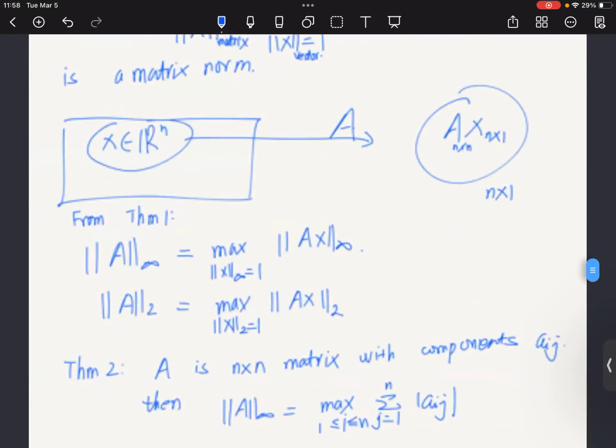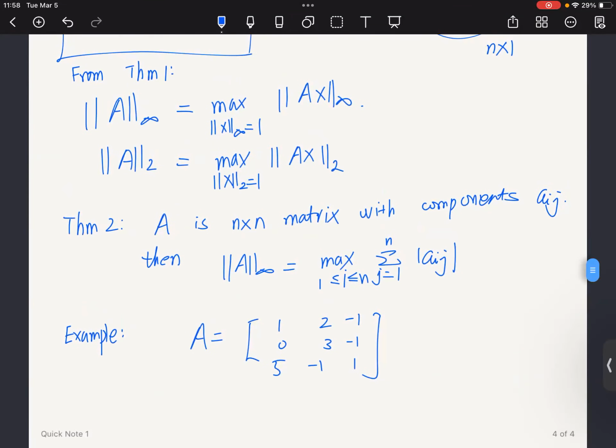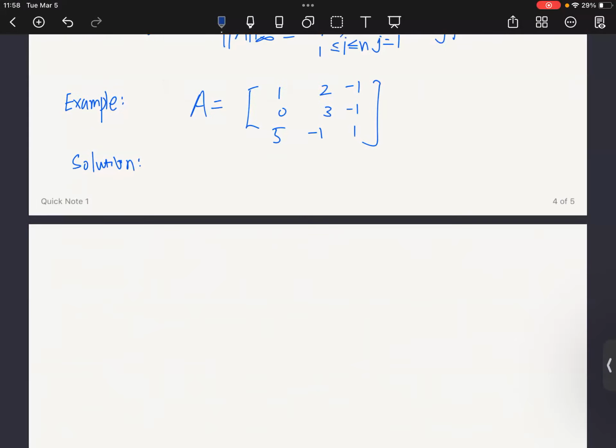So let's go back to that one example. And then later on, you are going to use this matrix norm to determine whether we can use the iteration methods. So let's see how to calculate the A infinity norm here. So, solutions. So we are going to go row by row. So let's see. For row 1, we have,